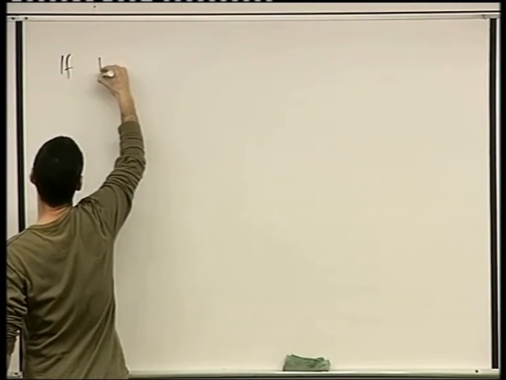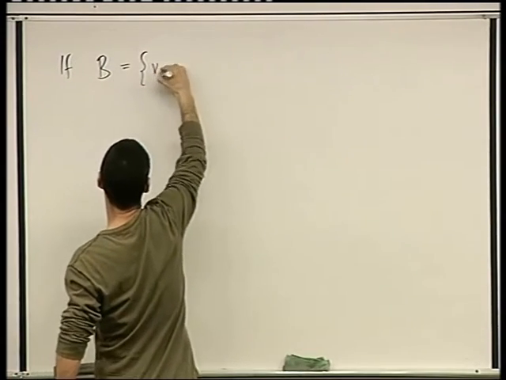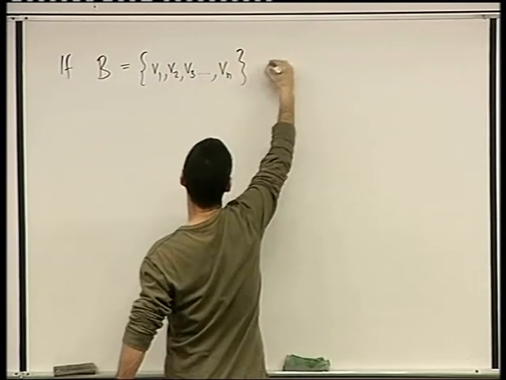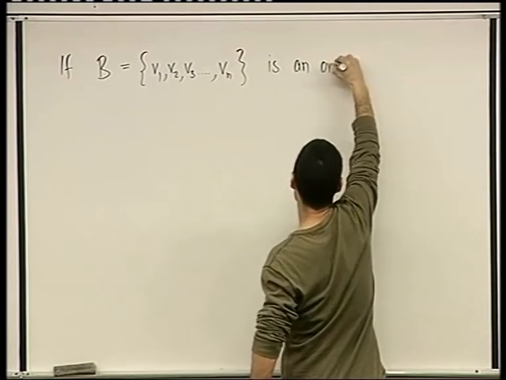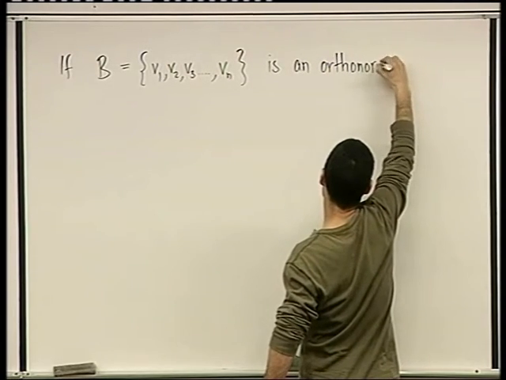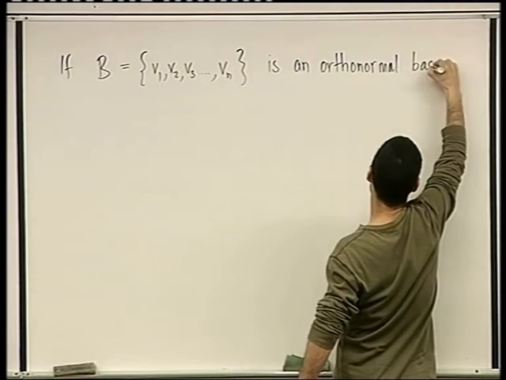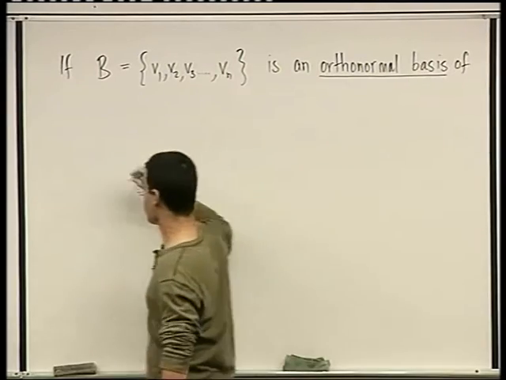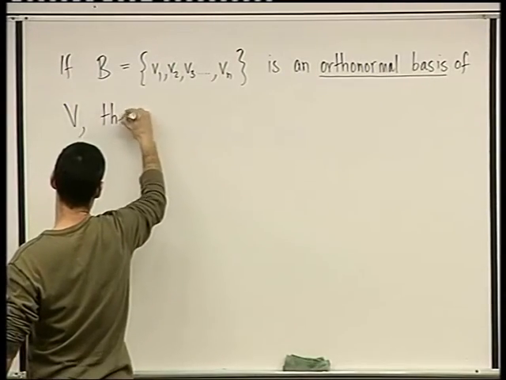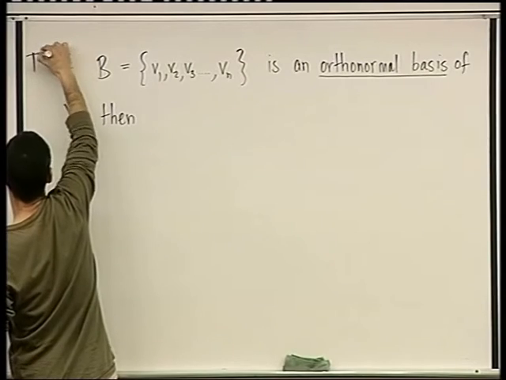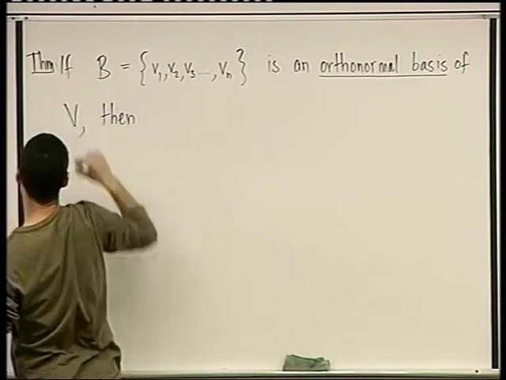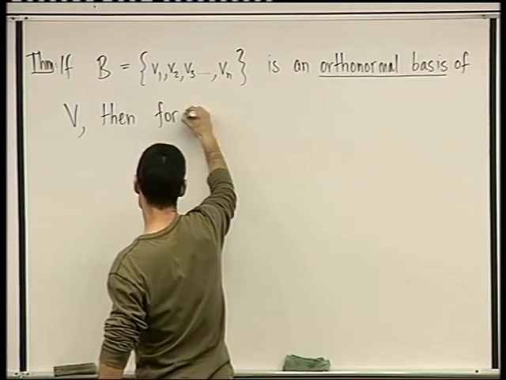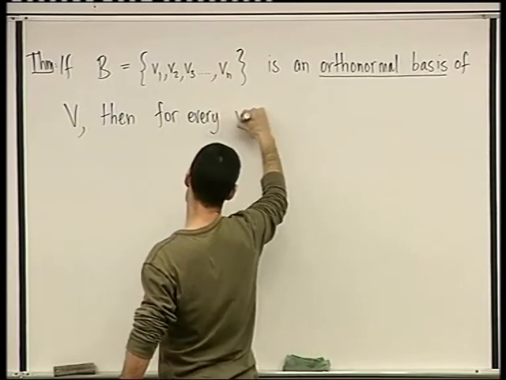If B equals {v1, v2, v3, ..., vn} is an orthonormal basis of V, then this is a theorem. This is actually a theorem. I'm even going to prove it. The proof is very easy. Then, for every v in V,